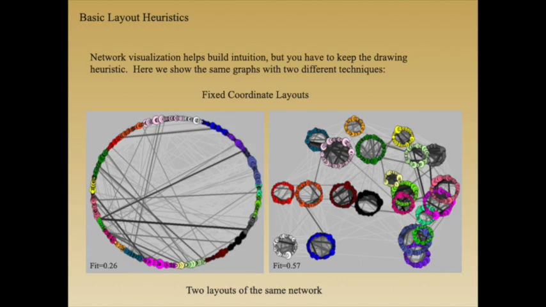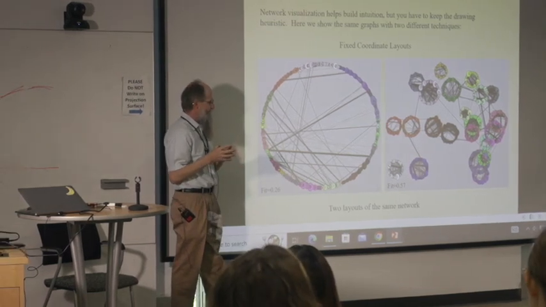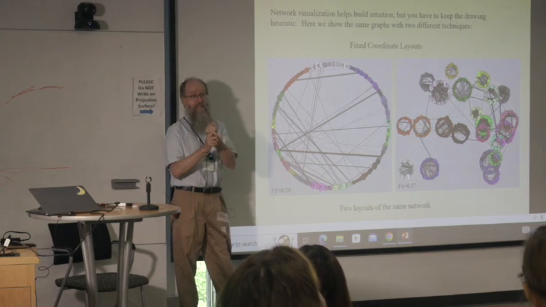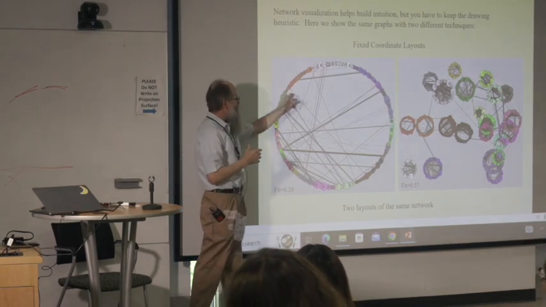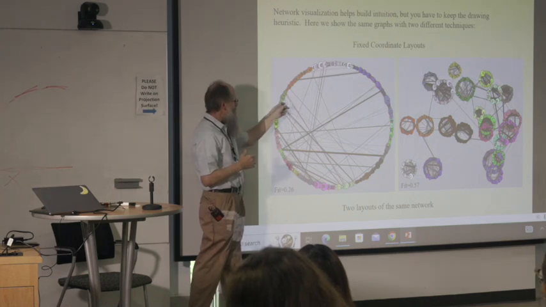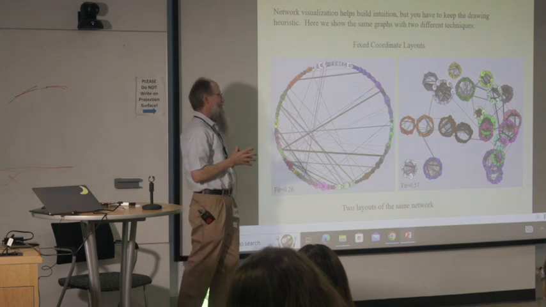Now another fixed coordinate is a circle. Circles tend to be useless, right? So a circle doesn't work very well by itself, and you can see it fits pretty poorly. The main thing a circle will do, and circles were originally used when you were making sociograms by hand because, A, it was easy to do, right? You can put nodes on a circle. And if you have a really small network, you can trace all of the lines and the tangents don't get hidden under the nodes. And in some cases, for really small networks, that might be useful.